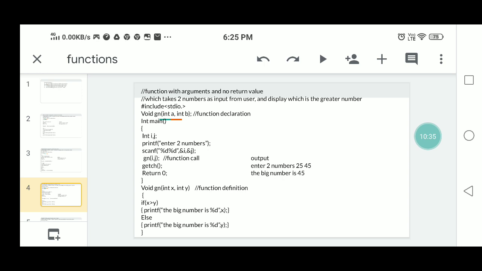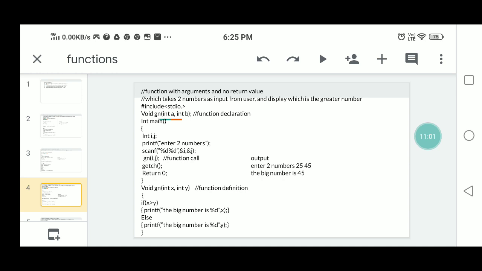Whenever you call the function in the main program, automatically values will be passed from i to x, j to y. Here int x, int y are the formal parameters, i, j are the actual parameters.